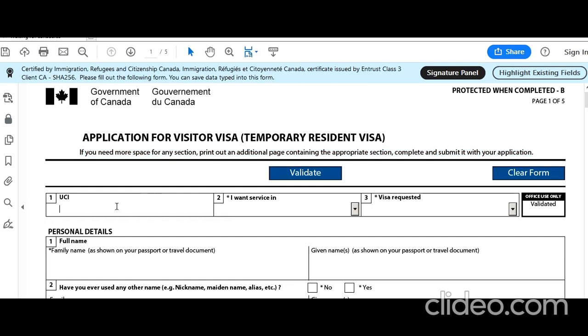Alright, so the first is unique client identifier. So this is the first application, so there is no unique client identifier, but if you have ever applied before, you get an 8 or 10 digit number that specifies your client identification. So if you have it, it's always good to put it so that they can retrieve your profile right away, otherwise this is not mandatory. You want service in English, visa requested, this has to be visitor visa,